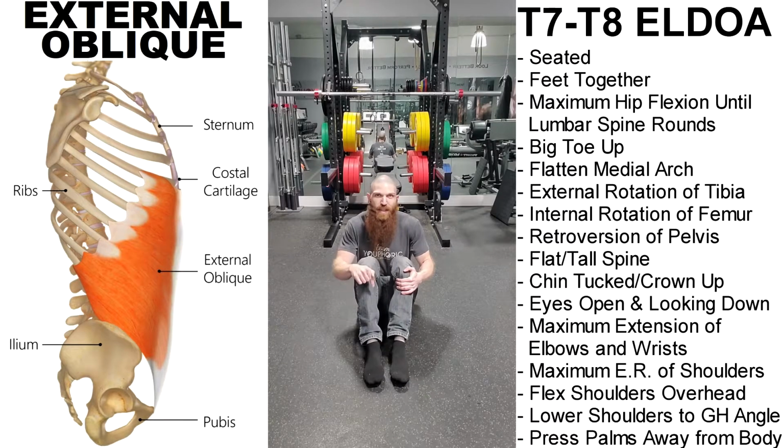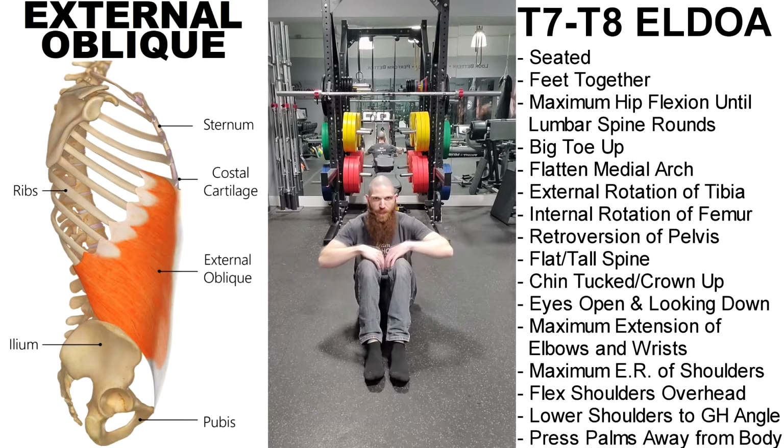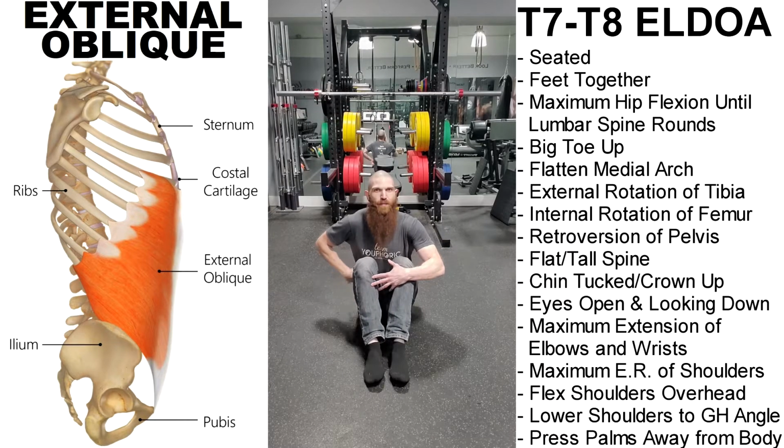We want to create a lemniscate in the lower body to create maximum myofascial tension. We're going to do that by raising the big toe up, flattening the medial arch, going into external rotation of tibia, medial rotation of femurs. Keep those knees nice and tucked in. We're going to maintain retroversion of pelvis. Flat lumbar, flat thoracic, chin tucked in, crown of head up, eyes looking down at the floor